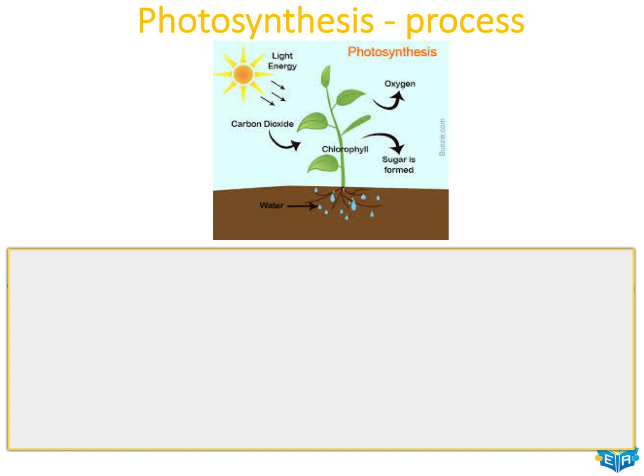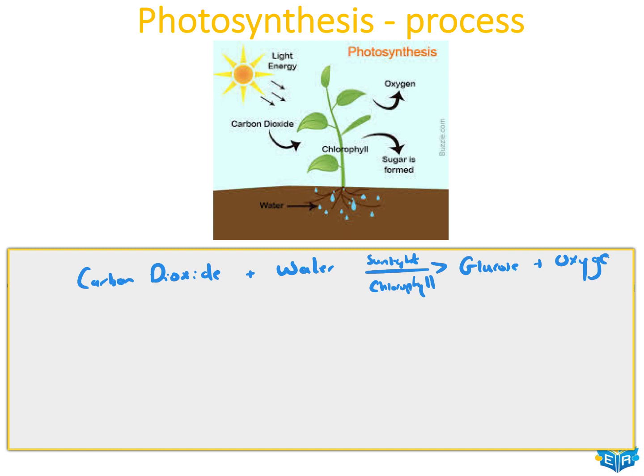So for photosynthesis, the carbon dioxide, which is one of the requirements, is going to be taken into the leaf. We're also going to have water absorbed by the roots. The sunlight is going to be trapped by the chlorophyll, and we're going to produce glucose and oxygen gas as well. Okay, so we can see our 4 requirements here. We need sunlight, chlorophyll, water, and our carbon dioxide. So carbon dioxide and water will be used, the sunlight will be trapped by the chlorophyll, and we will form glucose and